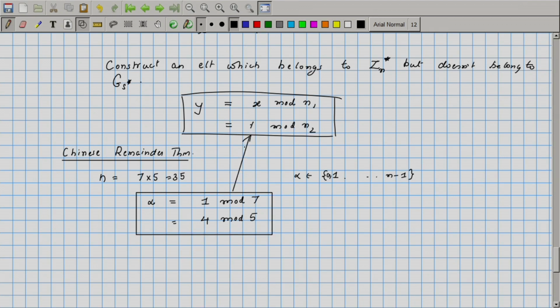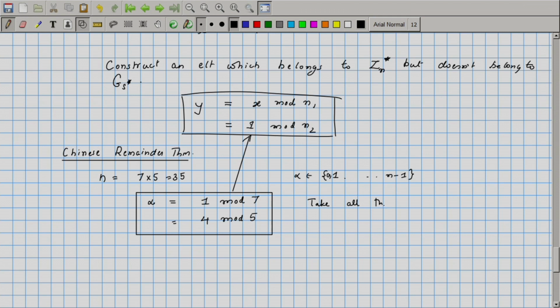Our condition here is essentially similar. We have n1 and n2 which are relatively prime, they do not have any common factor between them, and we are asked to find a y between 0 and n minus 1; 0 here will not work because the equation insists that it is 1 mod n2. So, your y is some number belonging to Zn star which satisfies these conditions. Why is it possible to always find one such? The proof is based on the following observation.